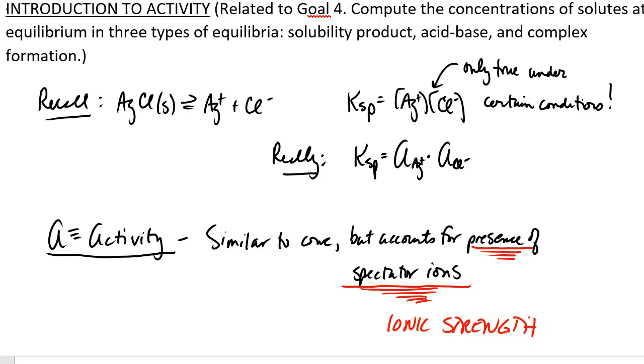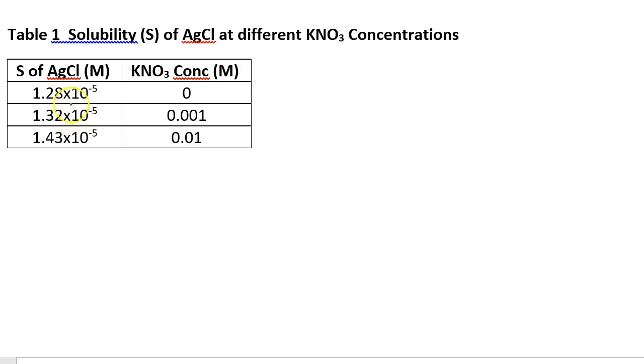For right now, I want to show you how the presence of spectator ions can affect the solubility of salts. If you look here, we see the solubility of silver chloride given at different KNO3 concentrations. And what we see as we increase the KNO3 concentration is that the solubility of silver chloride increases, doesn't it? So the solubility increases as spectator